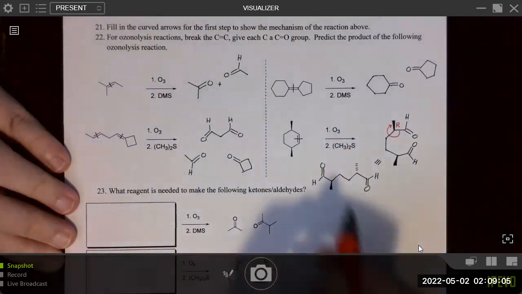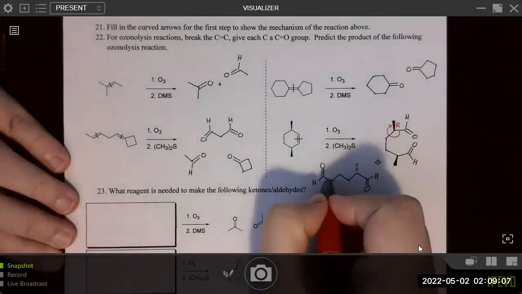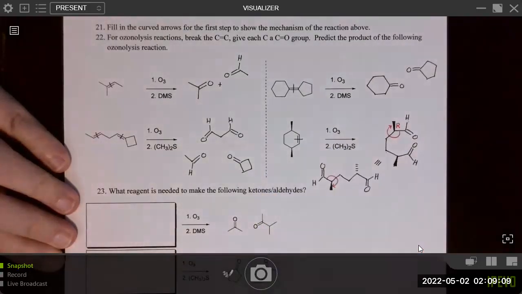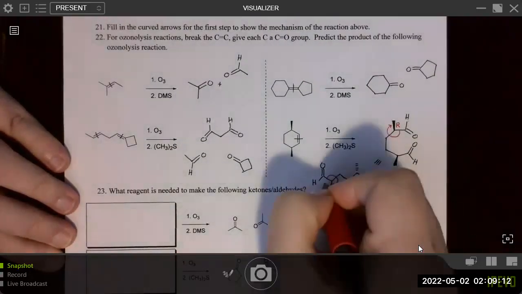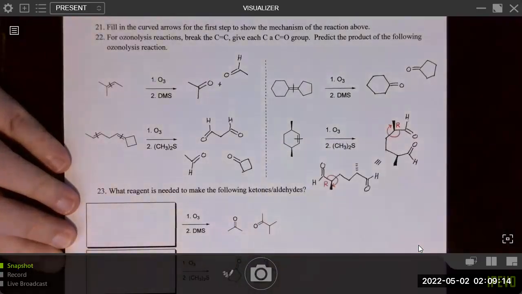Right? And then that was supposed to be this one. So I can always keep going. 1, 2, 3. Again, our hydrogen is pointing back. That's still clockwise. This is R. That's great. I didn't mess up that one.